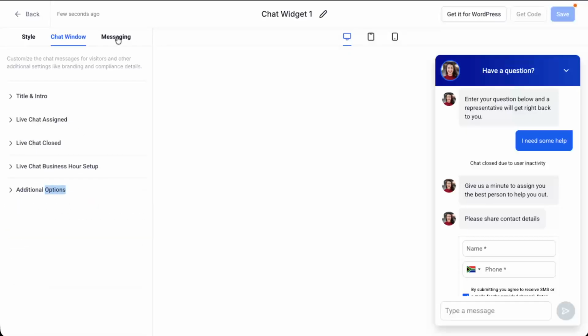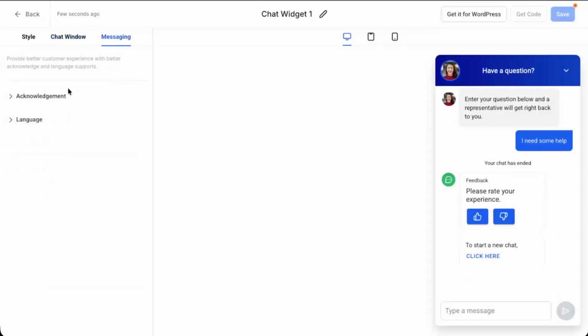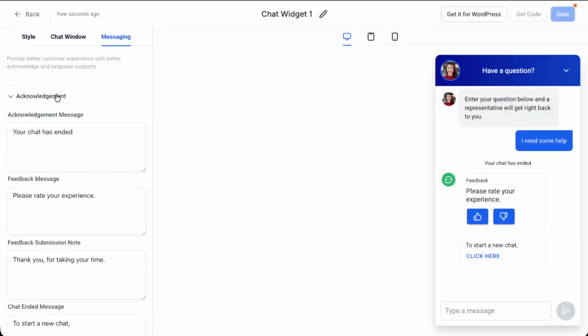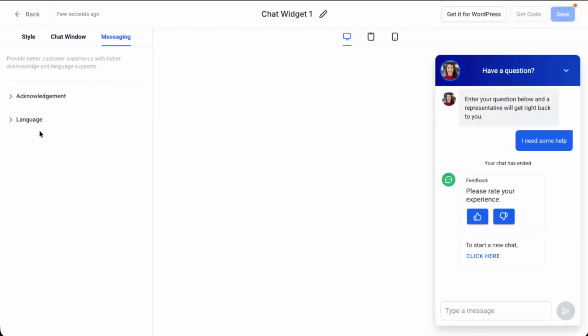When you're happy with how everything looks and behaves, the final step is to click on Save. This is important. If you navigate away without saving, you'll lose your changes. Once you hit Save, your live chat widget configuration is stored and ready to be used across your sites and funnels inside GoHighLevel. And that's it. You've now installed and configured the live chat widget in GoHighLevel, and you're ready to